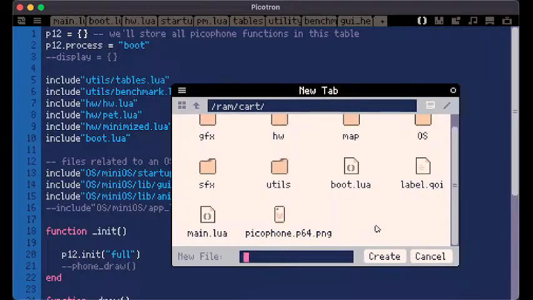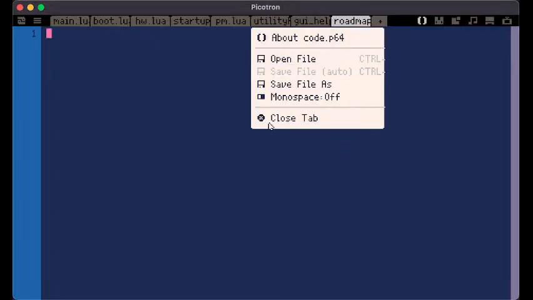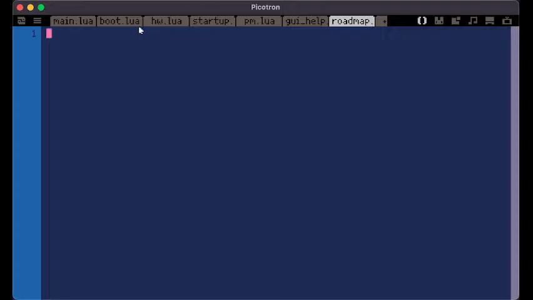And roadmap. Yeah, I know I have a lot of stuff up here, but I just use it. Let me close some stuff. Maybe I need that. I don't need this. Everything else I should need. Okay, so